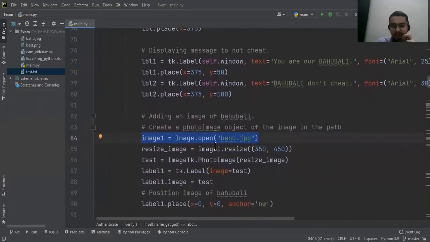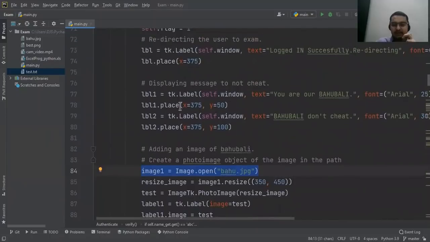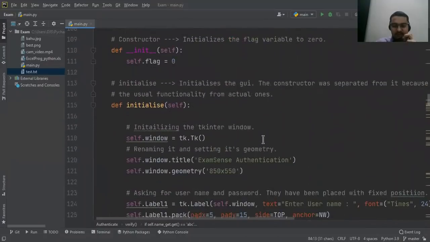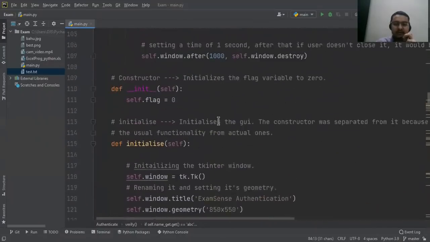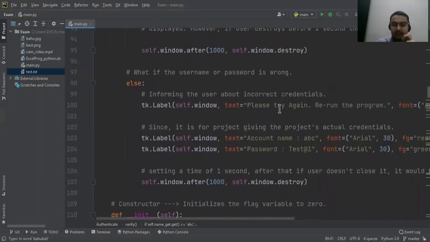I've resized it over here as well, and I have put the labels and the paddings. Now you can give padding in multiple ways, one of them being pad X and pad Y in the packing order. Or you might directly use the place function and give X and Y arguments. Both of them are equally fine, and both of them can get the job done for you.